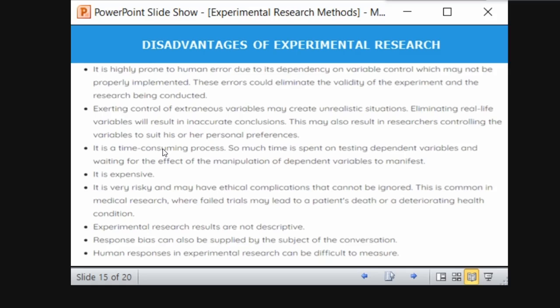If you are keeping it in sunlight, you have to keep it in sunlight, irrespective of the extraneous variable, right? Rain comes, we cannot do anything about it. It doesn't mean you have to take precautions for the rain. In certain conditions, you need not take precautions for extraneous variables. You have to observe the phenomena in the natural setting to get correct and accurate conclusions.